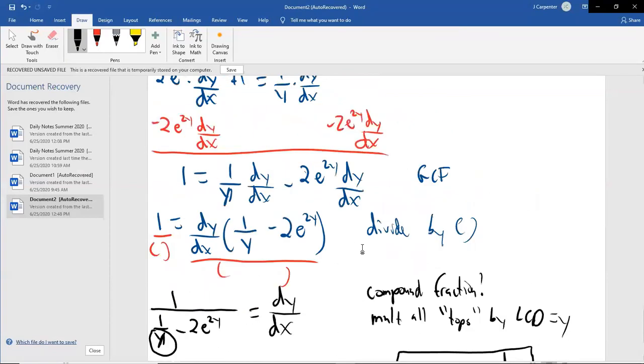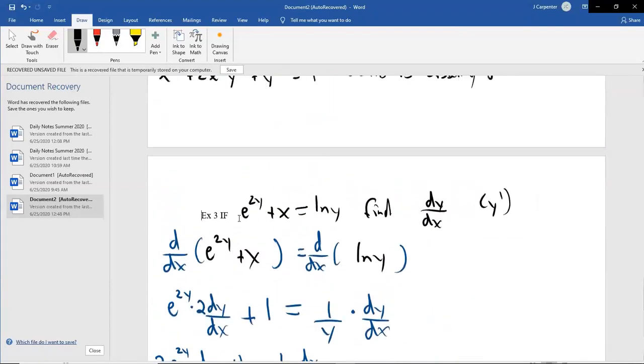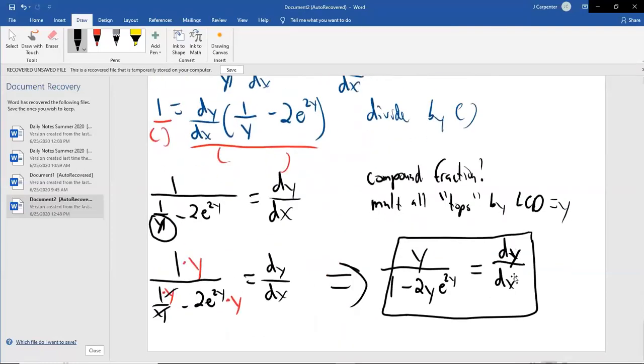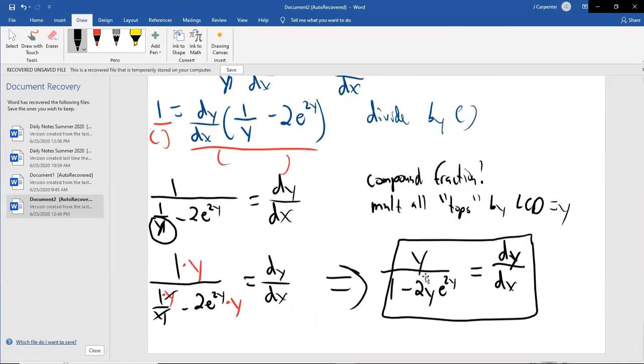So again, we had an equation that you cannot explicitly solve for y. Even the best mathematicians analytically cannot solve this for y because one of the y's is up in an exponential and the other's in a logarithm. That is insane. But even though we can't explicitly solve this for y, even if it is a function that we can't solve for y, we can still find its derivative. It just happens to be that the derivative has some y's and x's in it potentially. It's interesting, it doesn't even have any x's.